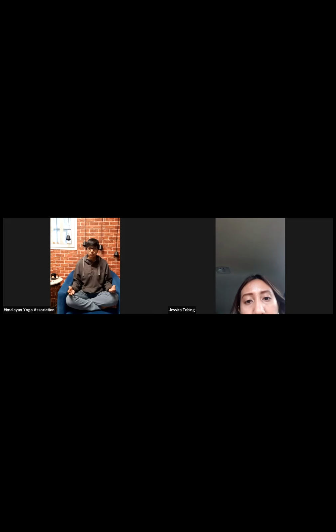Palms are facing upwards. I can also choose to reverse this position with palms facing downwards. This is also very conducive for meditative practices. Sitting is very important, and even hand position, both sitting and hand position can help you to better your concentration, which will automatically lead you to the meditative state. You can also join the tips of index finger and thumb together with palms facing downwards. You can place them on your knees.